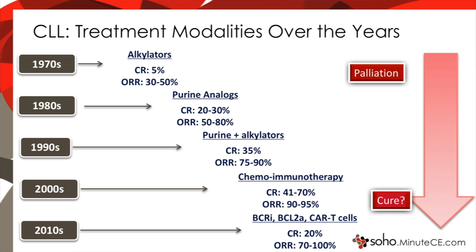I'm going to finish by showing you a number of important progresses made in the treatment of CLL. From 1970, the only agents that we had to treat CLL were alkylators, chlorambucil, cyclophosphamide. So with a very low proportion of complete responses, the goal of therapy was palliation. And then we moved, thanks to purine analogs in combination with alkylators, and more recently with chemoimmunotherapy, which is the gold standard for patients that can tolerate it, to a high proportion of complete responses, many of them with no